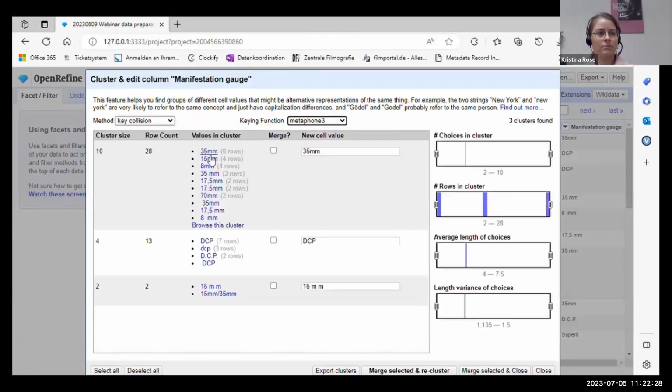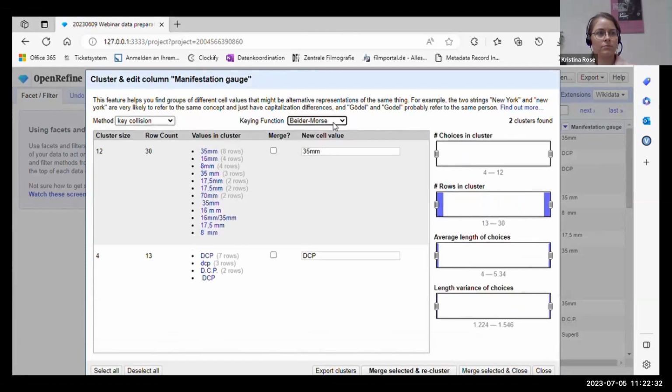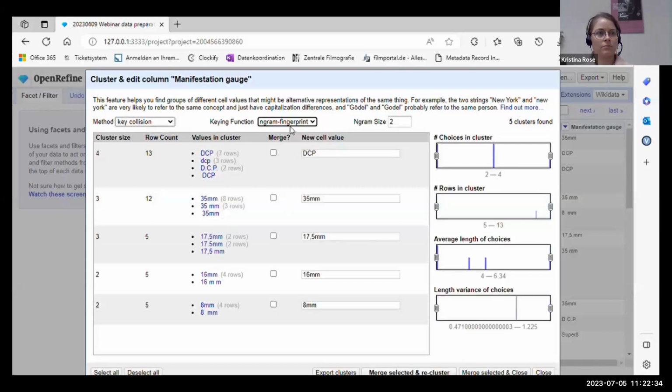This one wants to cluster information which is actually distinct, so I don't want to use this one. I will decide that the second one actually worked best. So I will merge this one to DCP, this one to 35mm,